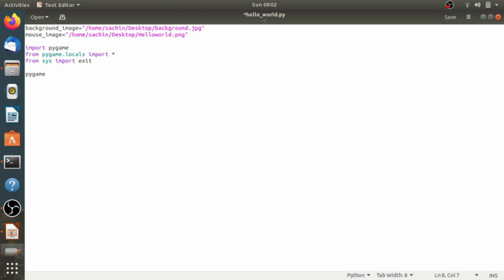But here I am writing for all. So pygame.init. We can do it like this also: pygame.sound.init, and this will initialize the sound module. Basically, this can make the script start a little quicker because only the modules you actually use will be initialized. But here I am initializing all.